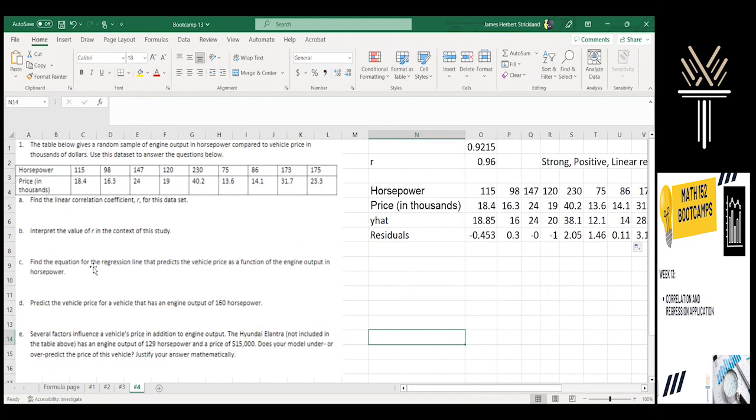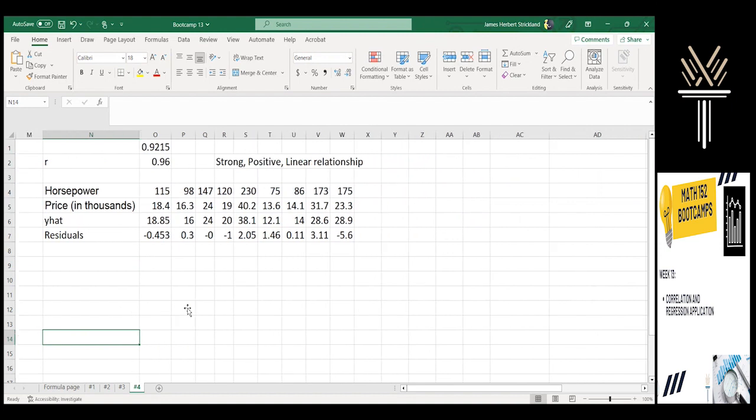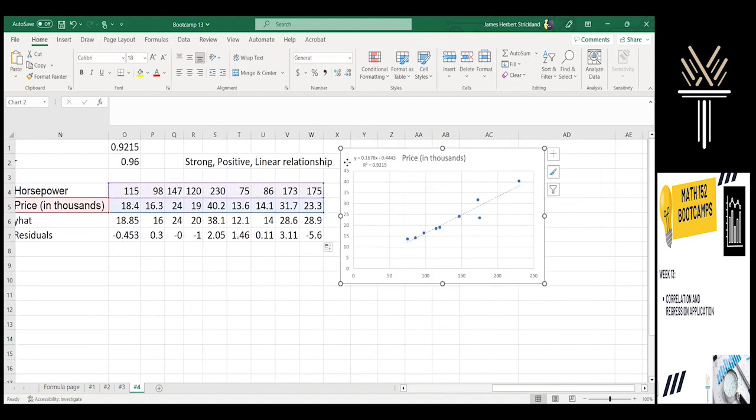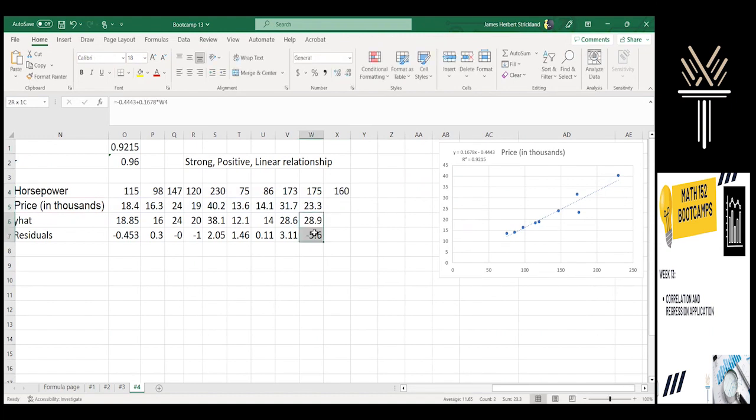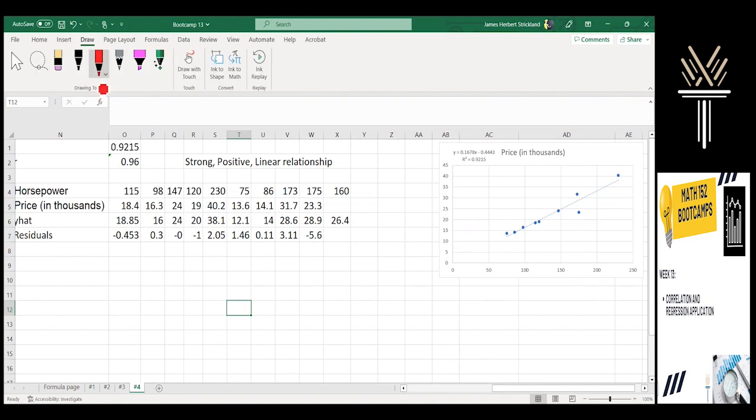So let's see. Found the equation, predict it for 160. So I guess I should have just read ahead. They want us to do for 160 though. So let's just add 160 to our list. And then we could scoot down our bottom two informations. Oh, can't do the residual though because we don't know the actual. There we go. So we have a prediction of 26.4 from a horsepower of 160, but we got to be